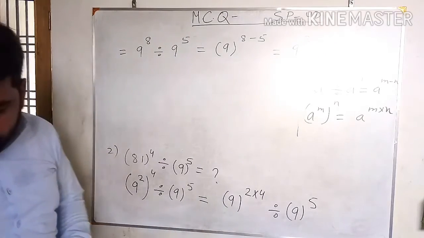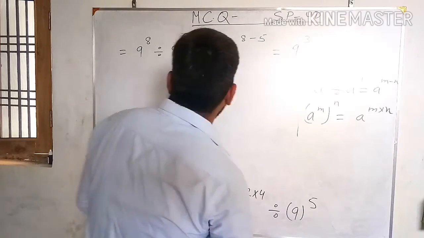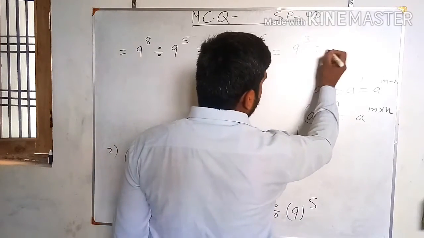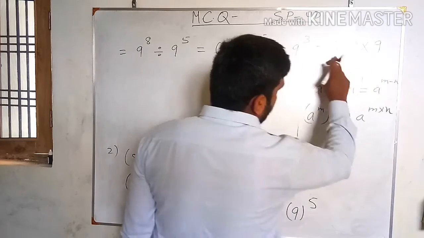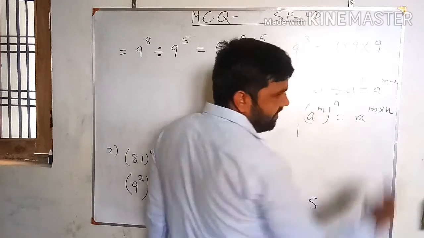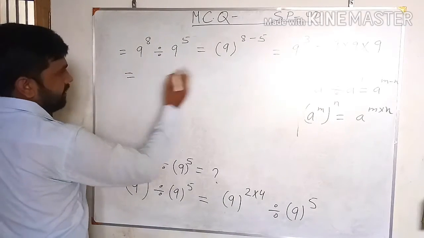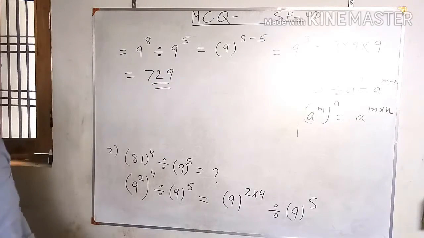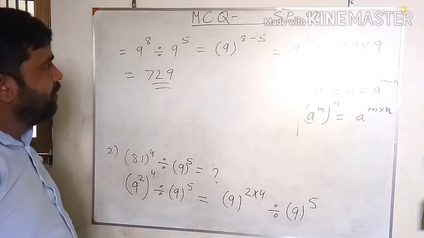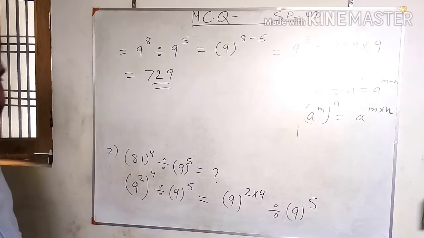Now in this question we have to find its value. So what is the value of 9 cube? 9 to the power 3 means multiply 9 by itself 3 times. That is 9 multiply 9. So 9 9s are 81 and 81 9s are 729. So when you multiply 9 three times, you will get the value 729. So see, the option 729 is option C. Option C is the correct answer. We got the value of 9 cube as 729. That is option C.